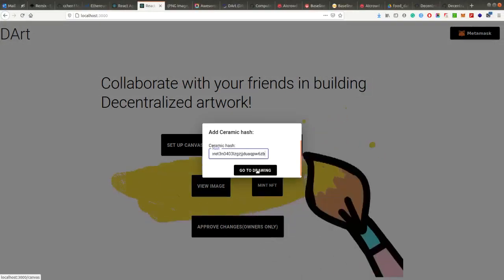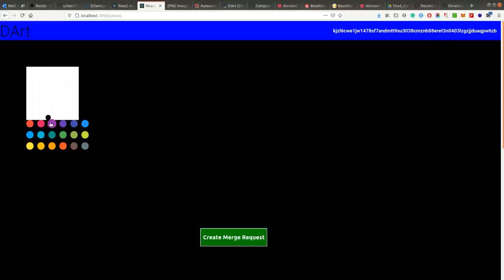We're back as the second collaborator on the particular canvas that we were editing before. Now suppose I draw something on the canvas that has been given to me. I logged in using the Ceramic hash that was given to me by the creator of the document. Suppose I put in all of this. This is a violet sort of a picture. I put in that,